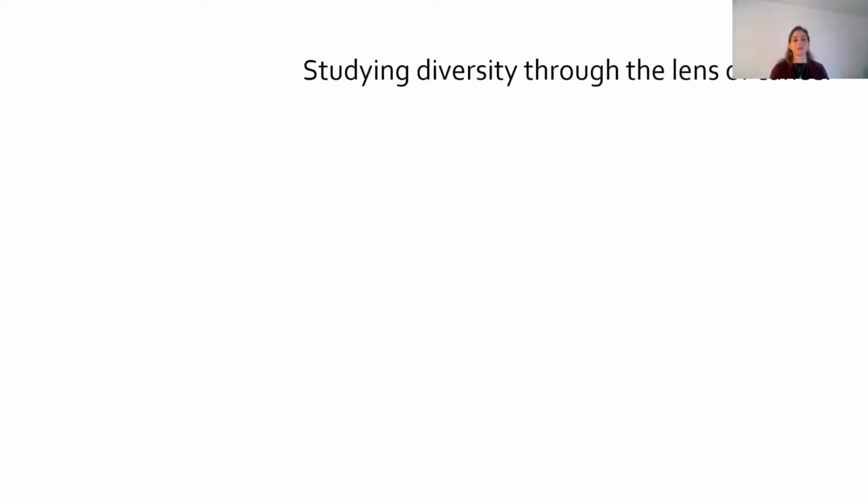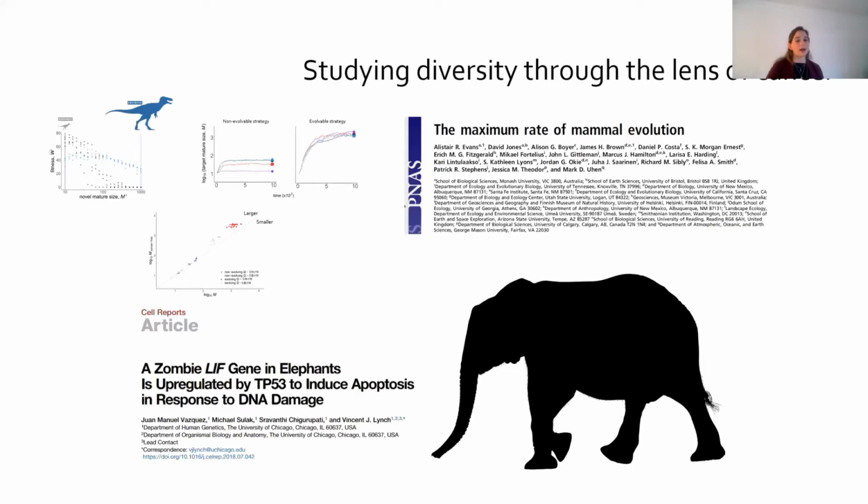And the next thing I would like you to take home is that studying diversity, having cancer in the back of your mind, might also be beneficial in understanding the patterns of diversity that we observe. And this is not to say that nothing in biology makes sense except in the light of cancer, but body size is one of the most important aspects of species life history, and it associates with cancer, so it might be useful to keep cancer in mind when studying body size evolution and related traits.